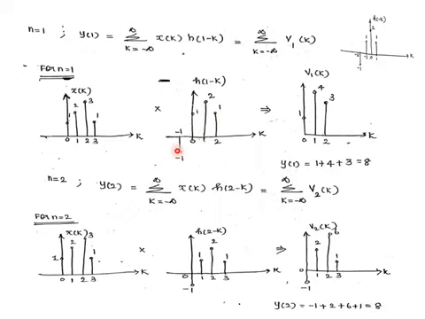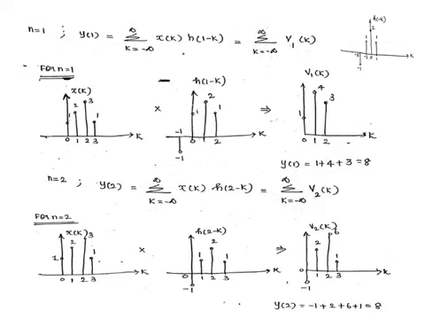Remaining samples will be 0. Because at k is equal to 3, x of k has a value, whereas for h of 1 minus k at k is equal to 3, its value is 0. Likewise, at k is equal to minus 1, this sequence has a value, whereas here at k is equal to minus 1 the value is 0. So again it will be 0. Now the products at the common instances will be 1, 4 and 3. We have to sum up all these product terms. So it will be 1 plus 4 plus 3, which is equal to 8.